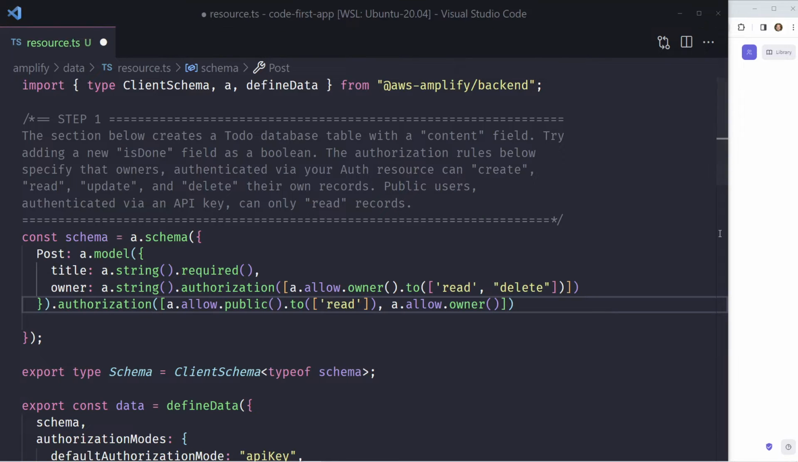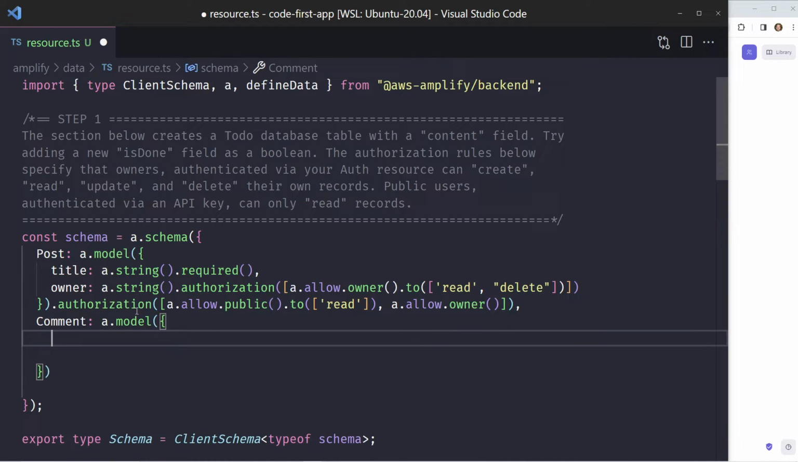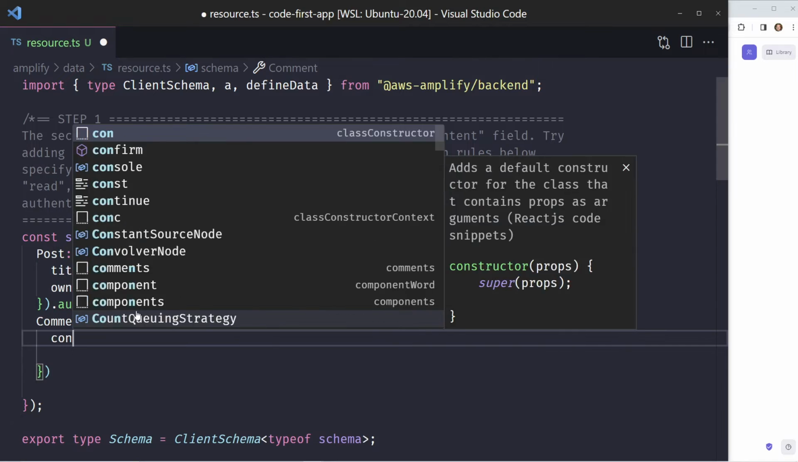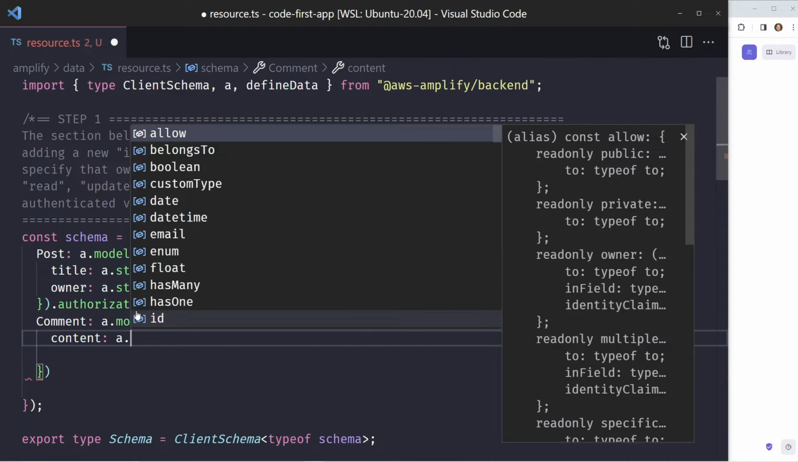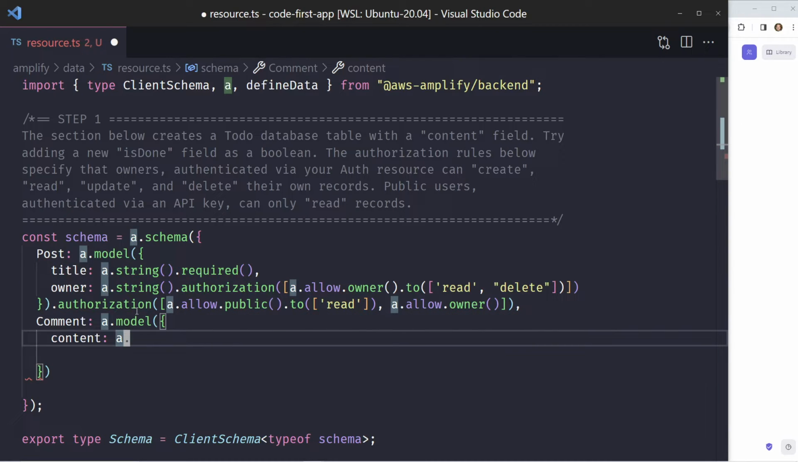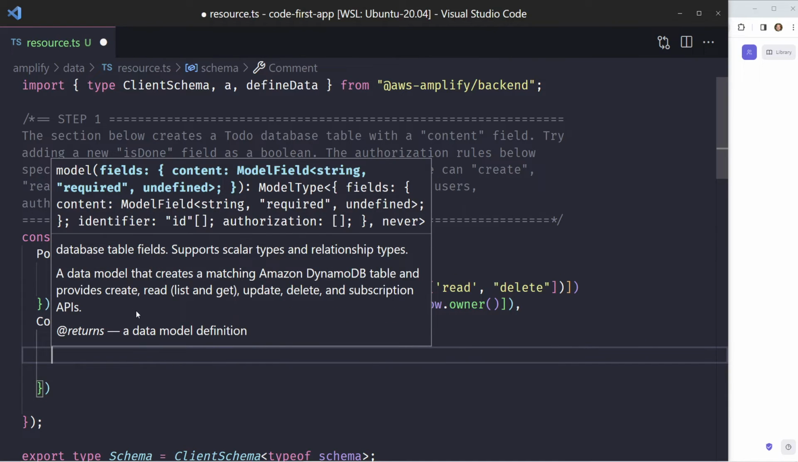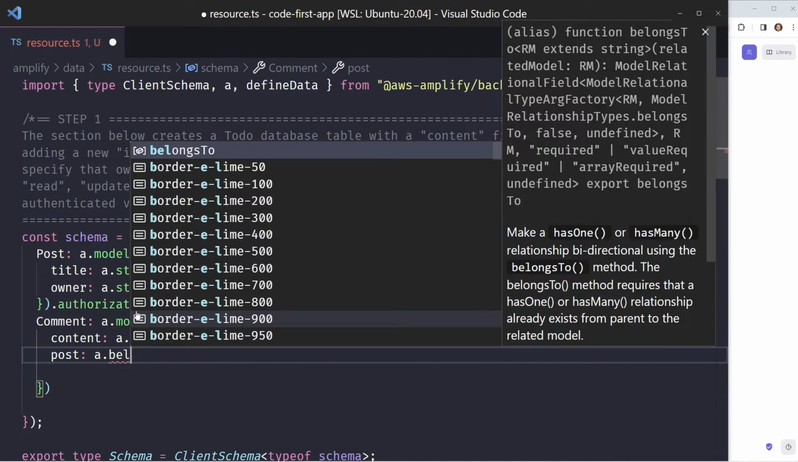So that's our post. And then we want also a comment, and we want a relationship between these. So in our comment, we're going to also have an a.model here, and we'll have to have a comma here. And then in this model, we'll make one called content. So this will be whatever's inside here. You can also notice in post, I only have a title, I don't have any content. Just for the sake of this, maybe we're just creating titles to save for social media posts. So we'll have a string here, we'll make it required, and then we'll make a post, and we'll have it belongs to